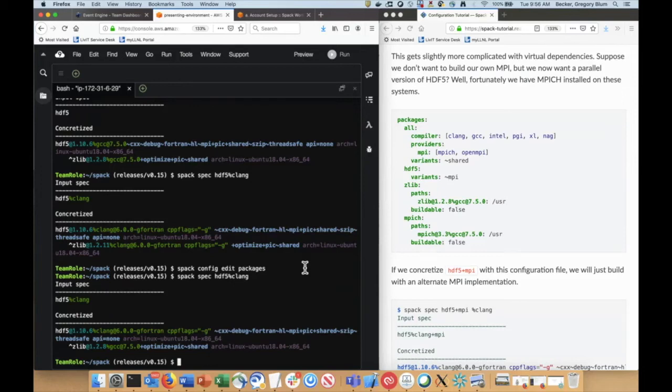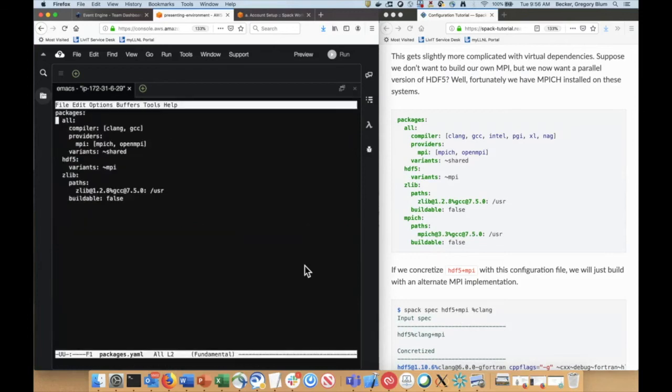So now let's do this for MPI, which is really the most important external package generally. You want to use the system MPI that's fast on your system instead of building your own most of the time, although sometimes you want to use your own. So spack config edit packages. We're going to do the same thing with mpich. We're going to say